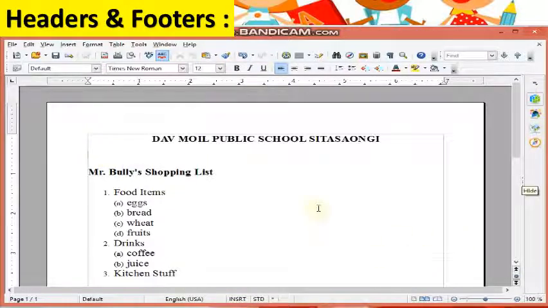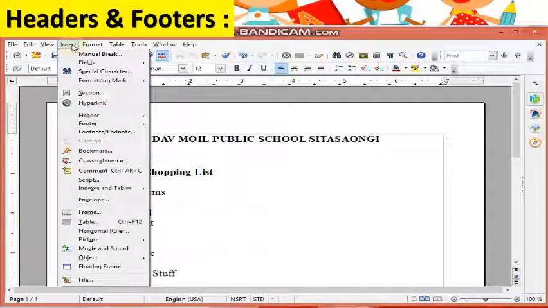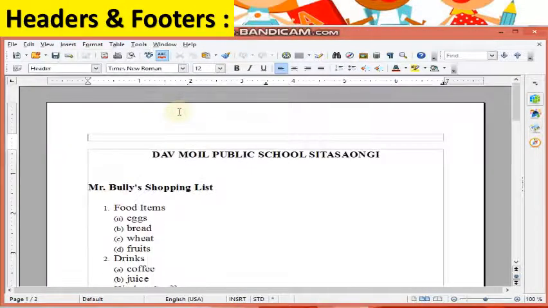First we see how to insert a header. Go to the Insert menu and then select the header option, then Default. This is our header. We can write here any name, such as the chapter name.